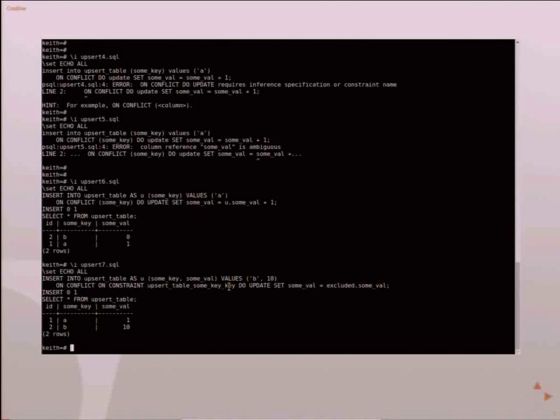And the other thing we can do, this is the reason for the alias, because there's this special variable called excluded. If you want to get the original value that you were trying to insert, you can see we were trying to insert a new row with column B having a value of 10, but there's already a key B there. We wanted to get the original value 10, so we use this special excluded tuple and got the original value and put that in there. So that's the reason why the alias was added, because you may have a table called excluded. So now you can alias your table and work like that.